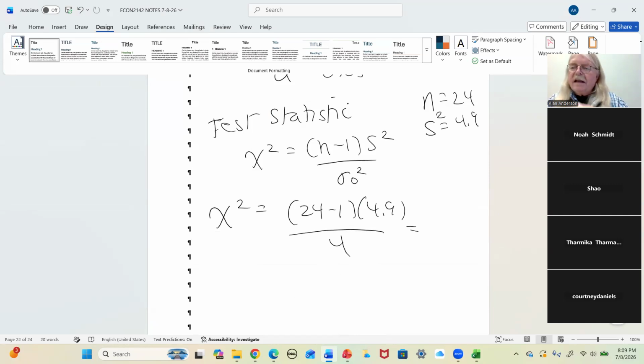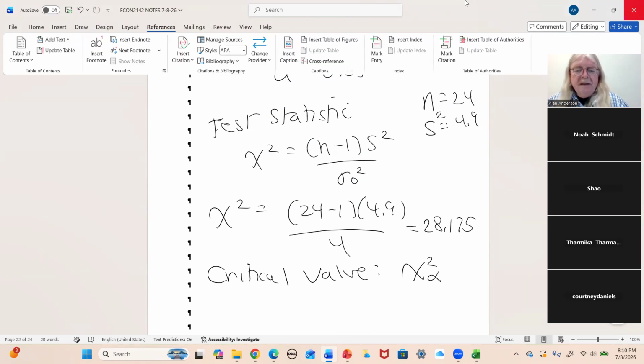By the way, since the calculators don't have what we need, we're not going to be able to do p-values here. Yeah, I know we like p-values, but 28.175. And the critical value, given that it's a right tail test, is